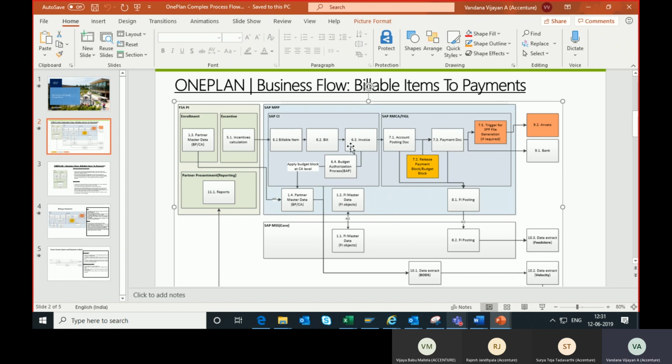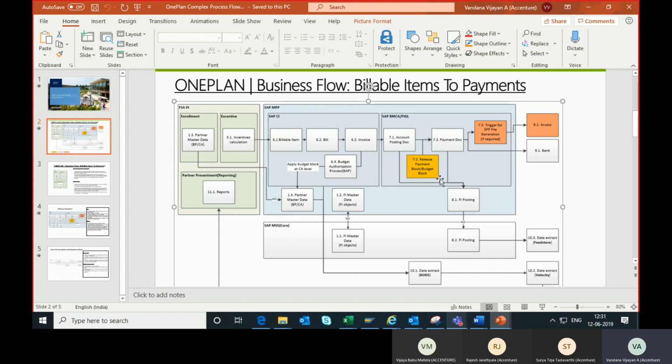Normally your invoicing document or payment document, which has the accounting entries, is linked to a reconciliation key. That reconciliation key we will transfer to MSS systems. Through that reconciliation key, all your GL transfers and GL amounts will get moved to your MSS systems. See, the invoicing document and payment document which we create in MPP systems, RMC systems, will not be there in your MSS systems, right? But we have to